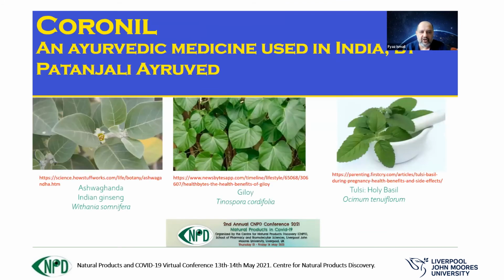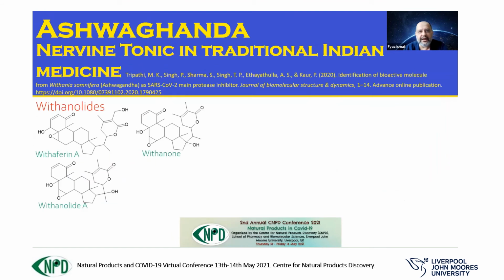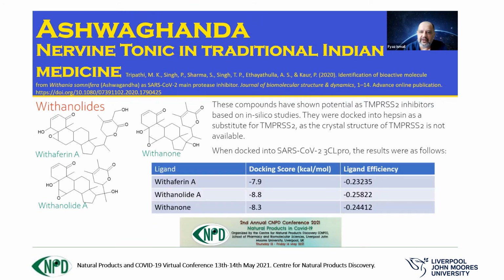So we looked at a variety of compounds such as ashwagandha, giloy, and holy basil. And so we looked at the chemical components of these. We had some work earlier that showed that with analytes, we had actually looked at these compounds before any work had been published. So the work of Tripathi was published much later, and their values for targeting these docking scores, in fact, were much higher than the ones that we've got. And this is one of the limitations of using different types of modeling. So we were aware of that, and we really wanted to think how we could compare our work with that